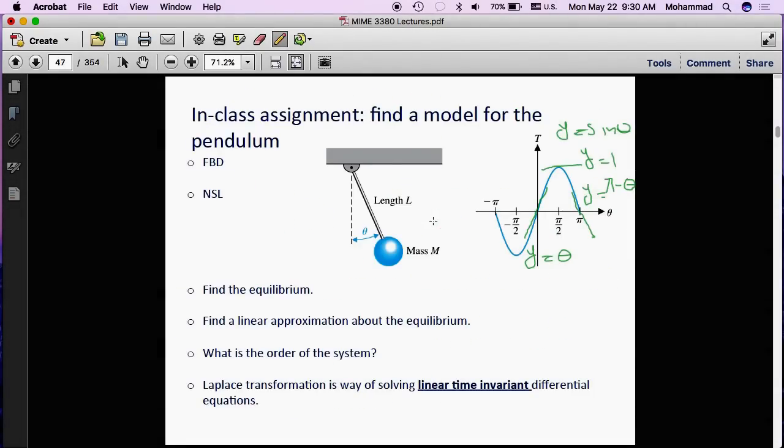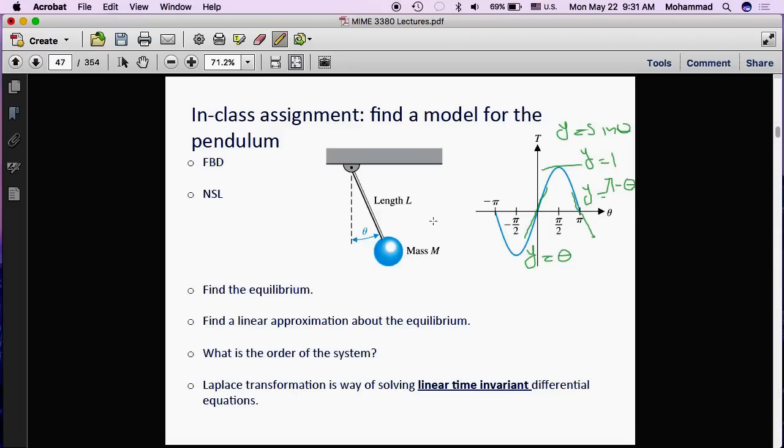If you look at sine theta, any region that you focus on, you can find an equivalent line. So at theta equal to 0, y equals theta is very close to sine theta. So you can approximate sine theta with theta if you're very close to theta equals 0. If you're close to theta equals pi over 2, then you can approximate sine theta with y equals 1, because that line is going to be very close,